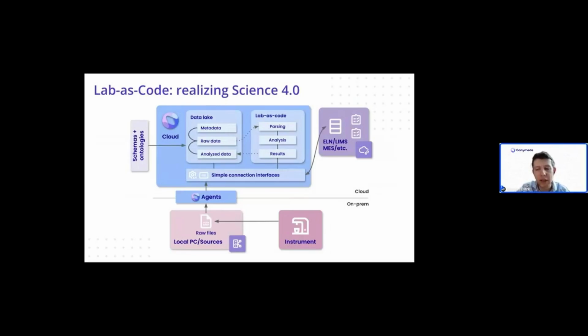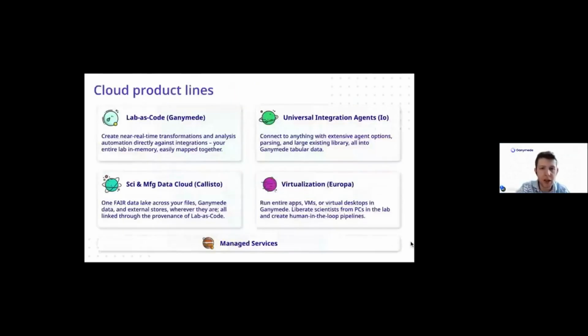So if you have a data lake, we can push it into your data lake, but if you don't, we build a data lake for you as we go, so that everything can be available. And you can then apply standardization and harmonization on top of that by importing things like schemas or ontologies from external sources. Our cloud product lines, based on the new virtualization launch now, break down as Lab as Code, the